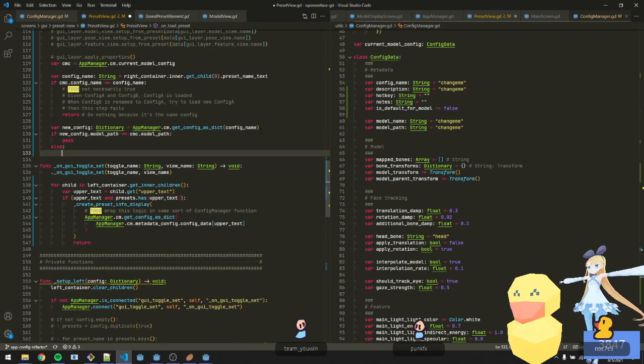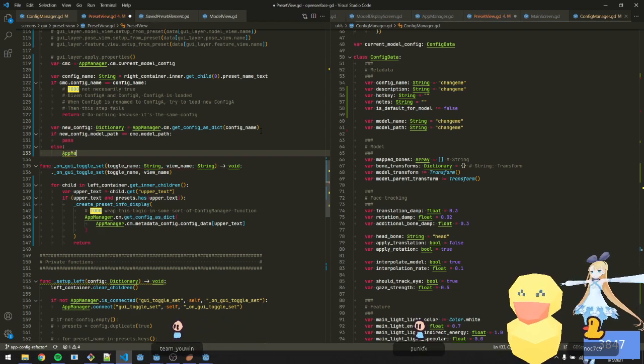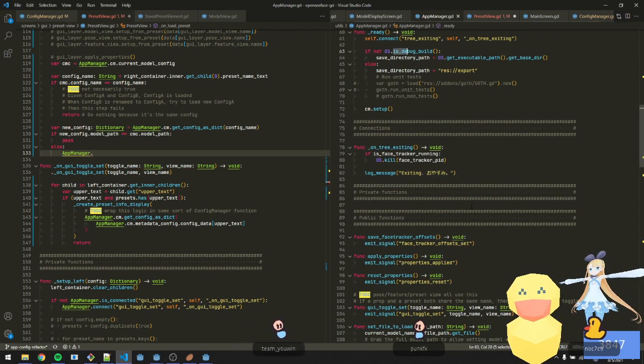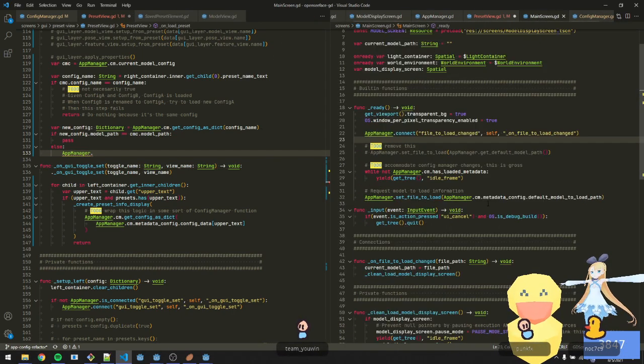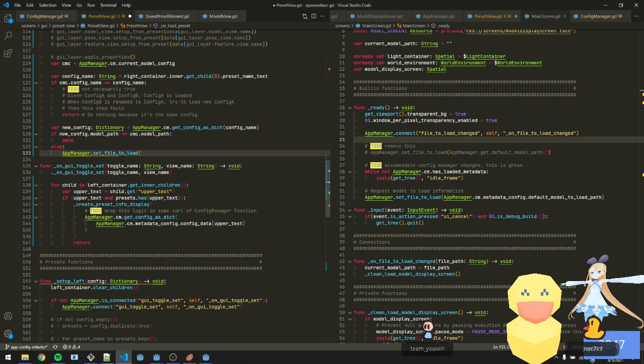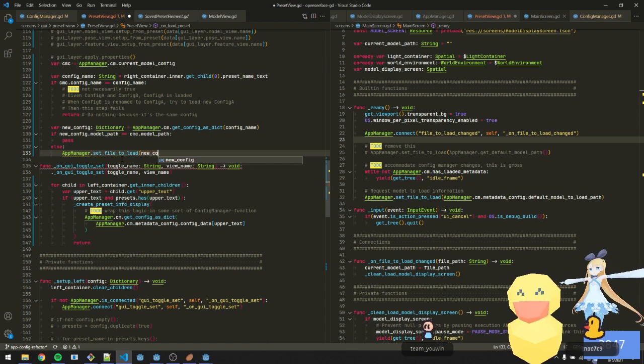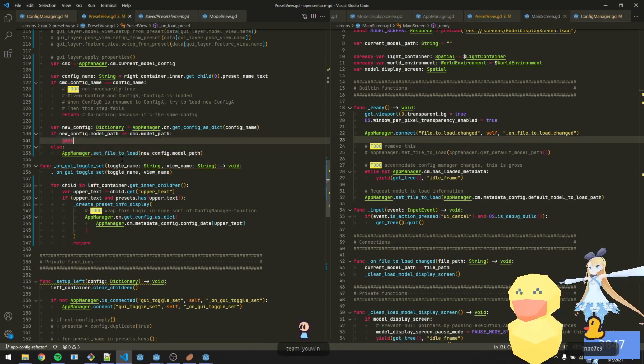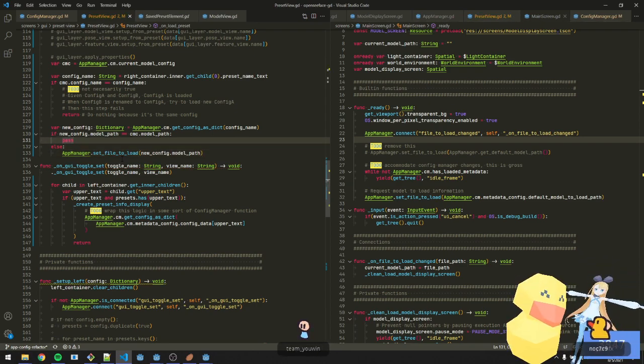Else, we need to load in a new model. So this is app manager. What is the thing I'm looking for? It's set file to load. Set file to load, new config model path. Easy. And then this one is more just